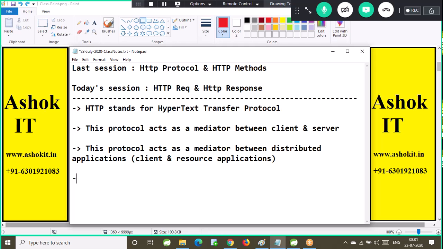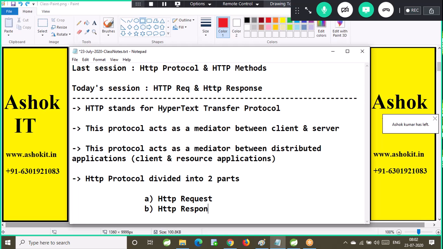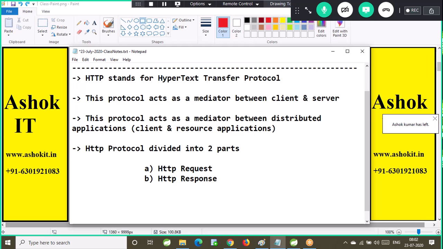HTTP protocol is divided into two parts. One is HTTP request, another one is HTTP response.